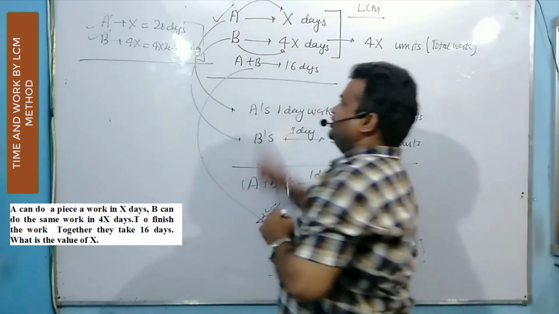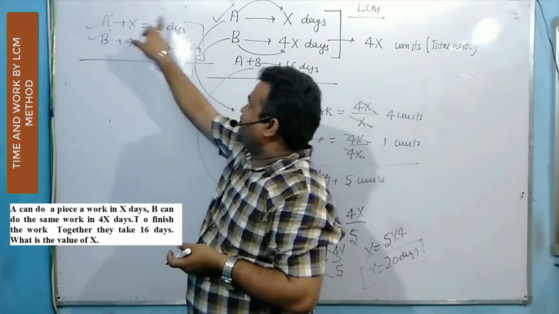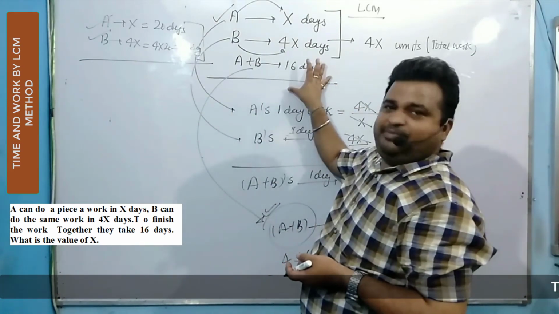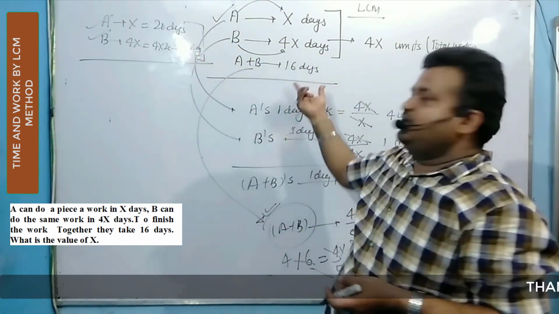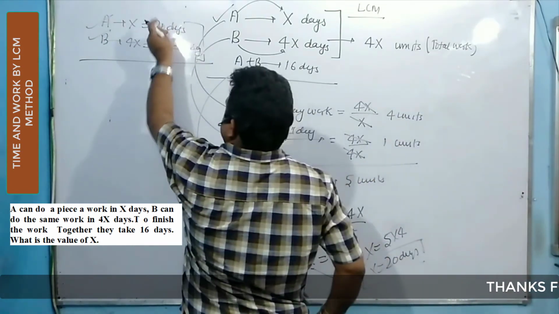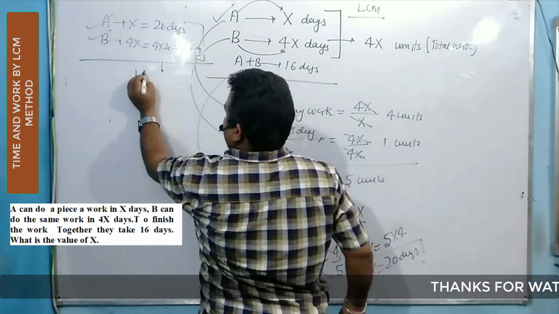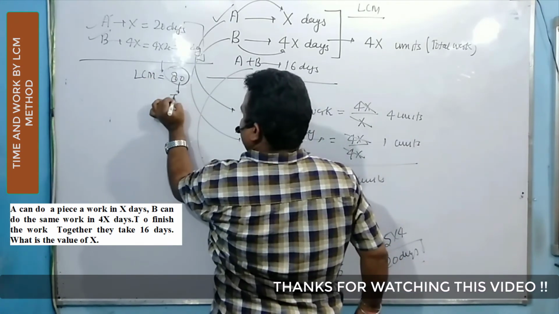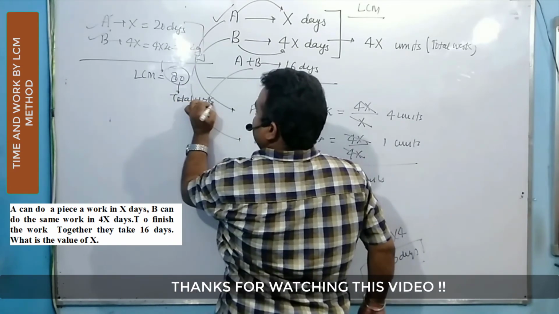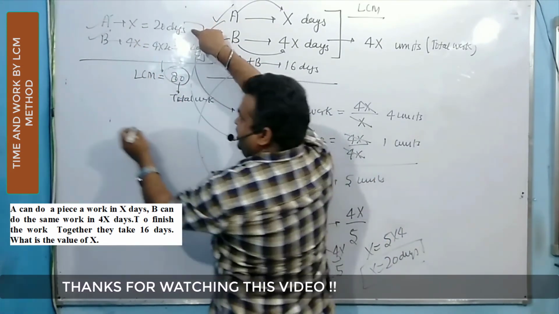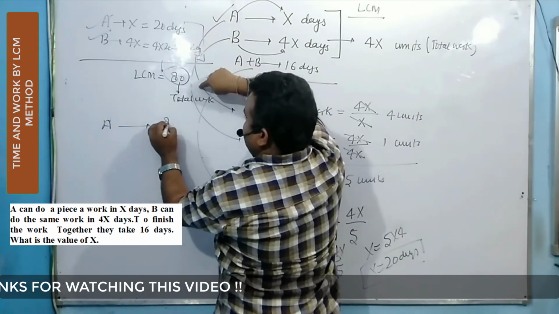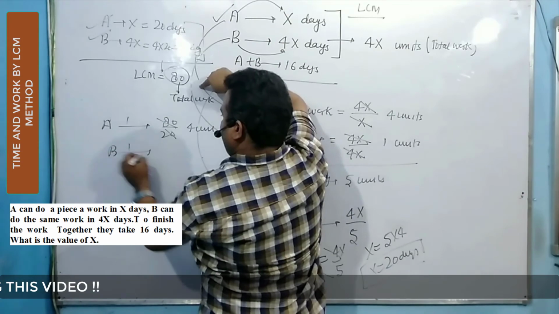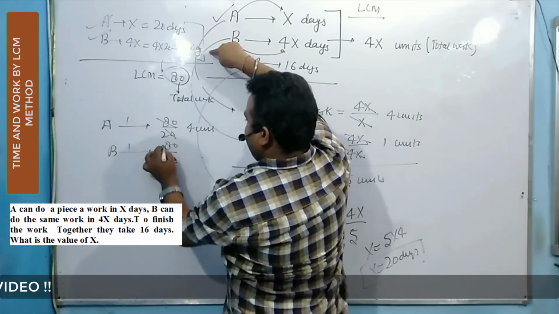What I already said, it may be fast. So suppose this question is given to you कि A किसी काम को 20 दिन में करता है, B किसी काम को 80 दिन में करता है, तो बताओ A और B मिलकर कितने दिन में काम करेंगे? क्योंकि ये मेरा ऑलरेडी आंसर है, तो क्या that is also true? तो देखते हैं, LCM of 20 and 80 is what? LCM of 20 and 80 is 80. Clear? Okay, so this is my total work. A चूंकि 20 दिन में आता है 80 यूनिट, तो A का एक दिन का काम कितना हो जाएगा? 80 by 20. इसका मतलब हो गया 4 यूनिट बनाता होगा. B's 1 day work is 80 by 80, so it comes 1 unit.